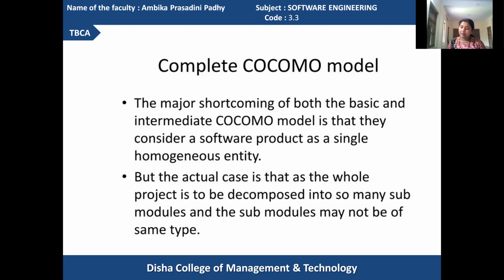Got it? And for your software products to be developed in an effective manner, the estimations should also be effective. If estimations are inaccurate, then your product development may also be hampered. The third category of estimation is the analytical estimation technique.